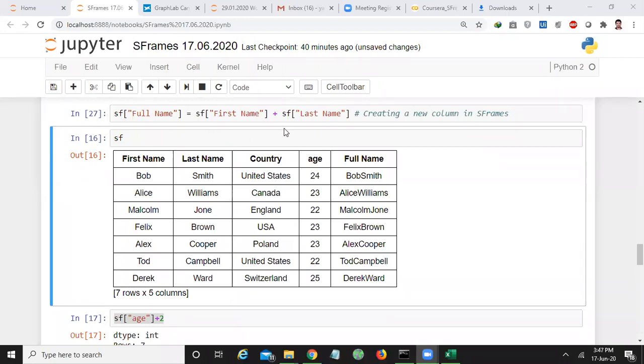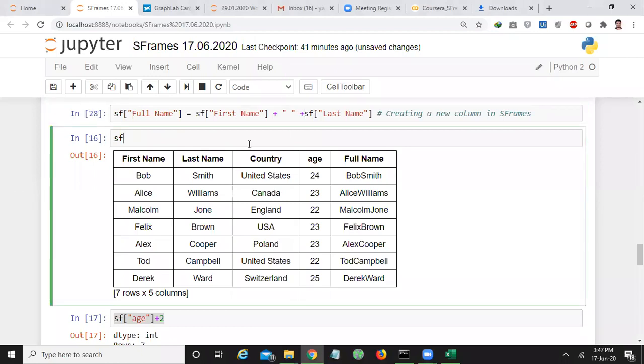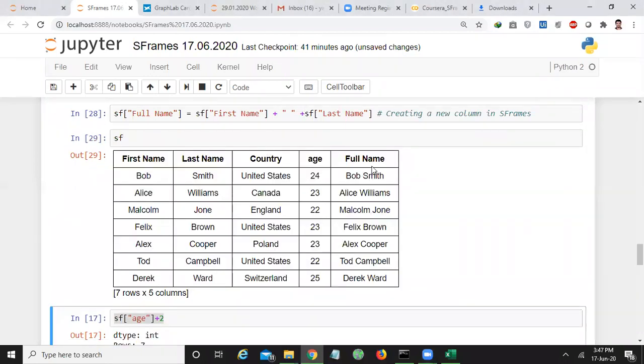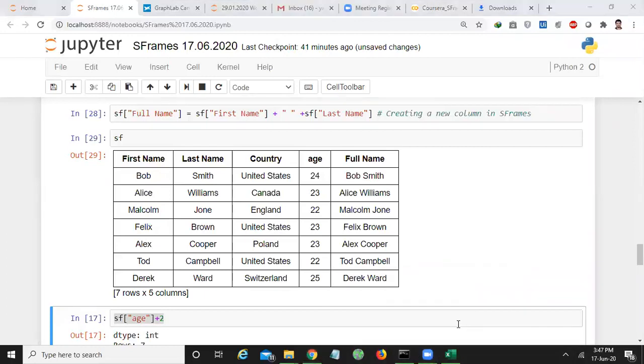For example, if you want to give space between first name and last name, then you will get the space between the first name and last name. Have you observed? All of you observed? So space is also concatenated along with first name and last name. Like that.